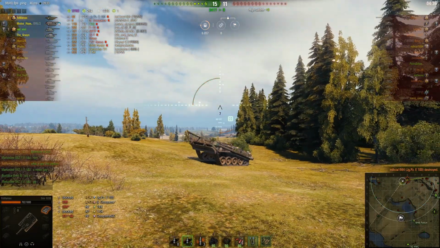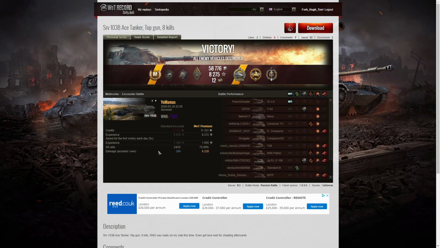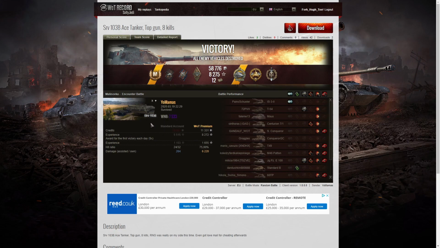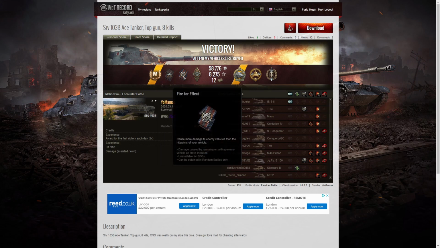Wins the game. Radley Walters. And here's the end of battle results for that game, and we can see that YoMamas managed to get an ace tanker in the Strv 103B, the tier 10 Swedish premium pack. He also managed to get a duelist for taking out 2 tanks who damaged him, and that was the T49 and the Super Conqueror. He got a fire effect for doing more damage than hit points to his own vehicle,